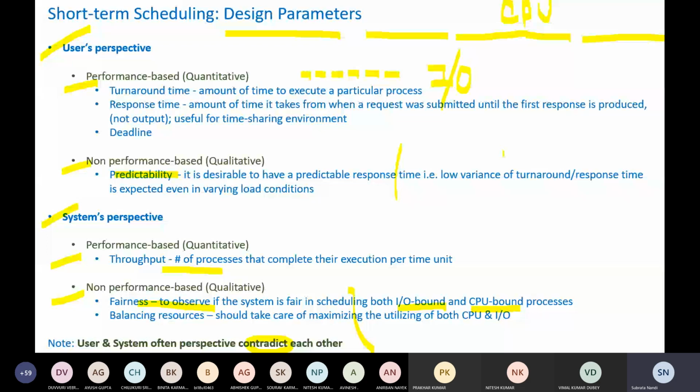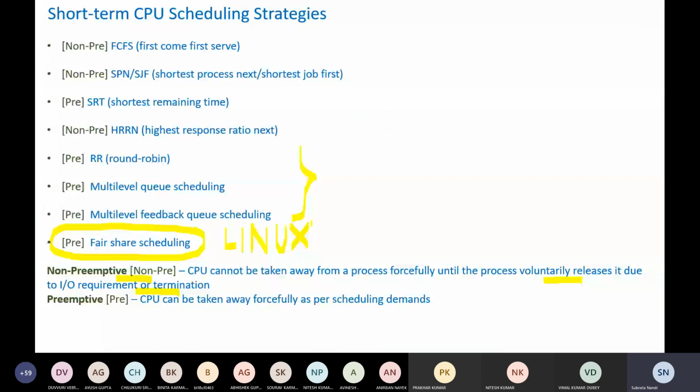We have talked about the first four of them: FCFS, SPN, SRT, and HRRN. And except FCFS, because FCFS is very trivial, we just keep on adding the new processes in the rear of the queue and pick up the process from the front of the queue. There are absolutely no decision related issues here, but the rest of it, as we have discussed,